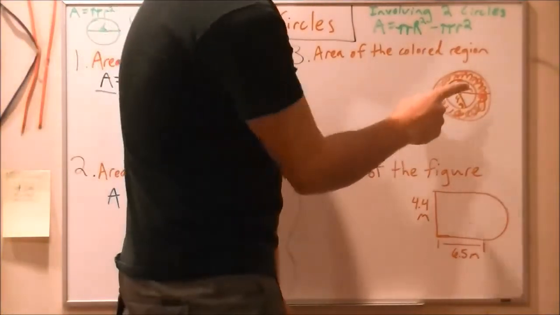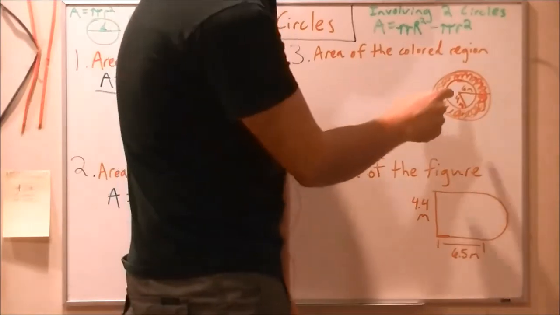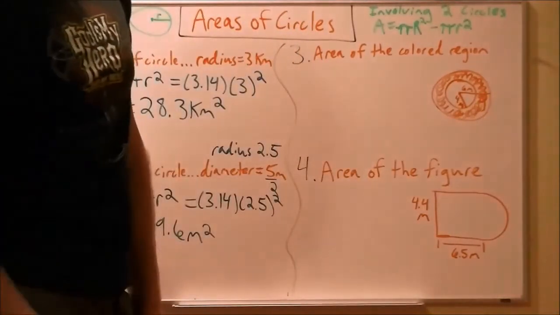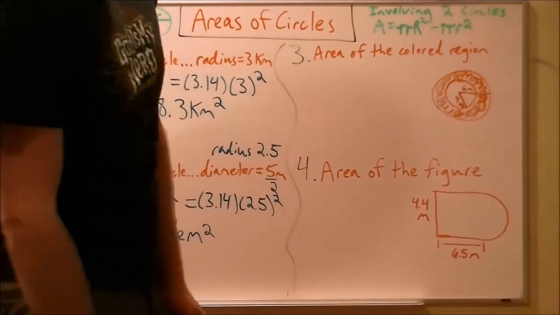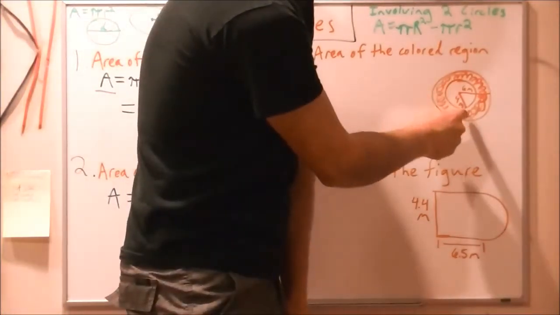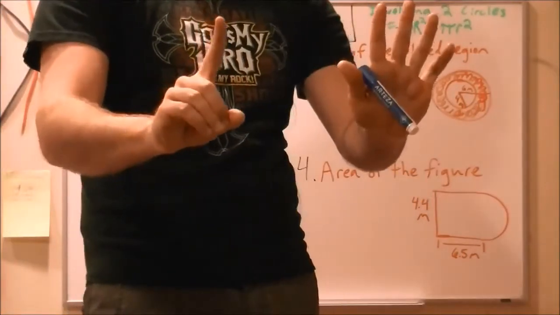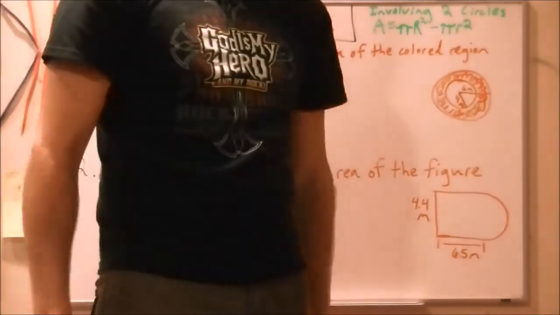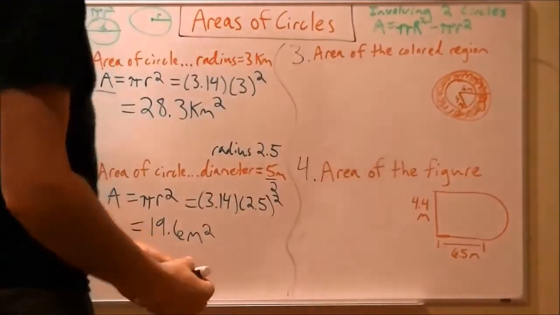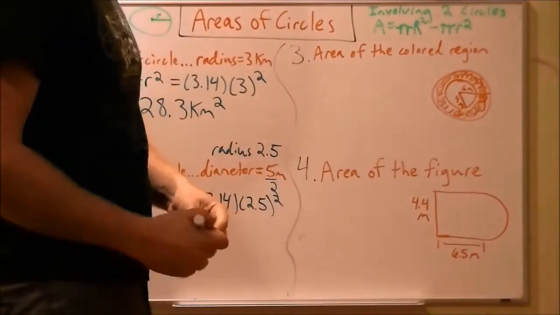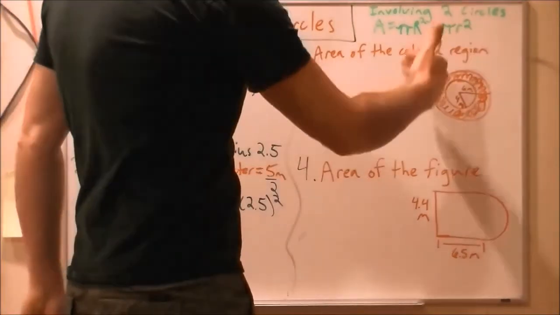And in case the numbers don't show up clearly, the larger of the 2 circles has a radius of 6 meters, and the smaller of the 2 circles has a radius of 4 meters. So the larger has a radius of 6 meters, and the smaller has a radius of 4 meters. To figure out the area of the colored region,